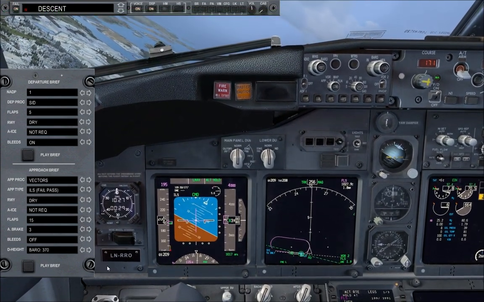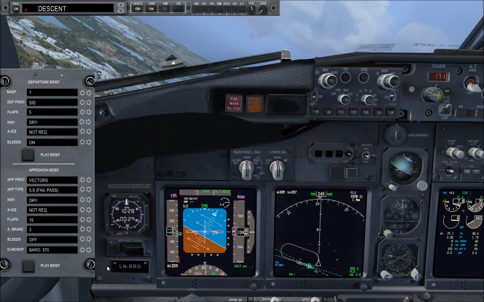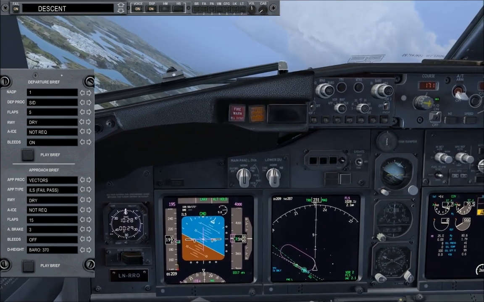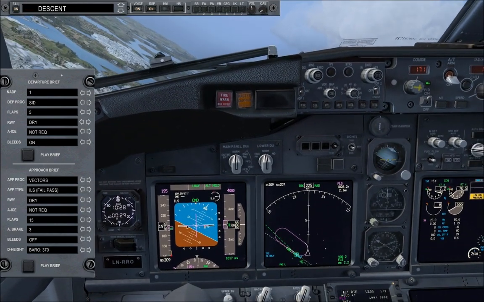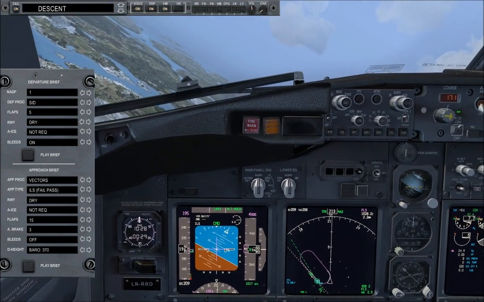So then I've done that once more. And now I actually go through the brief with my first officer. Are you ready for the approach brief? I'm ready for the brief. Okay, so we use